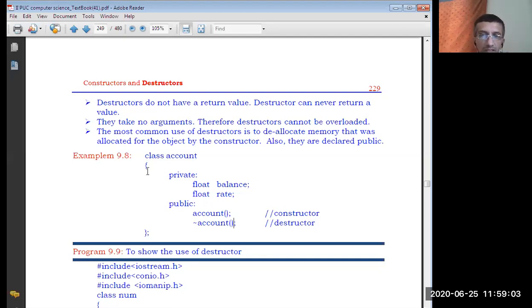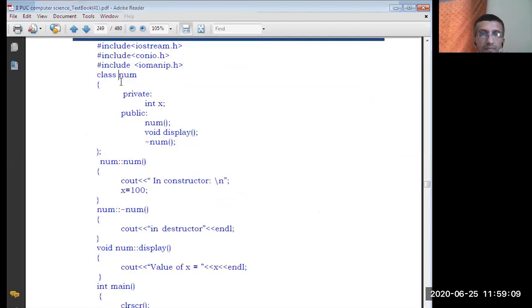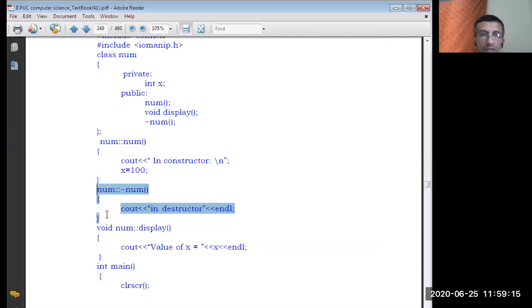So use of a destructor is given using this program here. See, whatever the class num, here is a destructor. You can see the destructor here. In the destructor, we can write only one statement using cout. The display is cout. We are in destructor, or the destructor called.